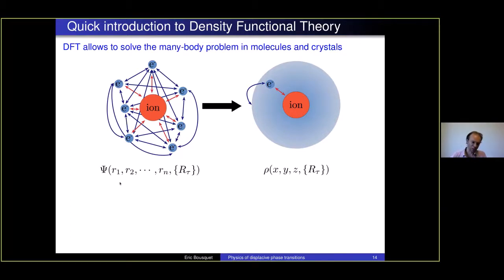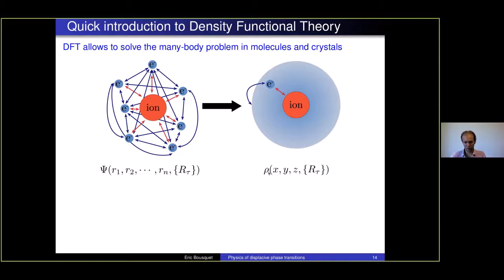And the reason is that you want to describe it with a wave function that's going to depend on all the positions of the electrons and the positions of the ions of your system. This is also called a many-body problem. And one idea of density functional theory is to say, okay, we're going to replace the wave function, with all the interacting electrons and atoms, by simply a density of the electrons and the atoms' positions. When you do that, you reduce your system, all the electronic positions to take into account as parameters.